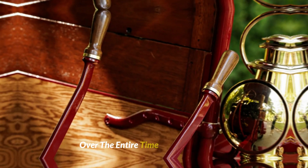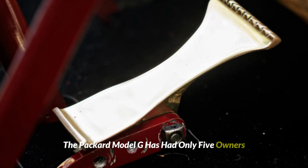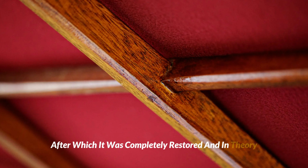Over the entire time since its assembly, the Packard Model G has had only 5 owners, and one family owned the car for 87 years in a row. The current owner acquired the rarity in 2017, after which it was completely restored and, in theory, is now suitable